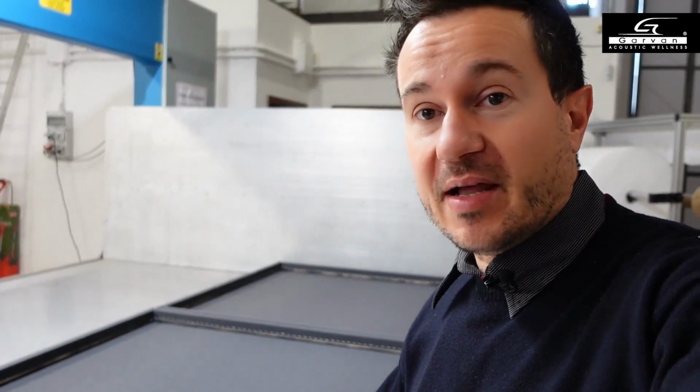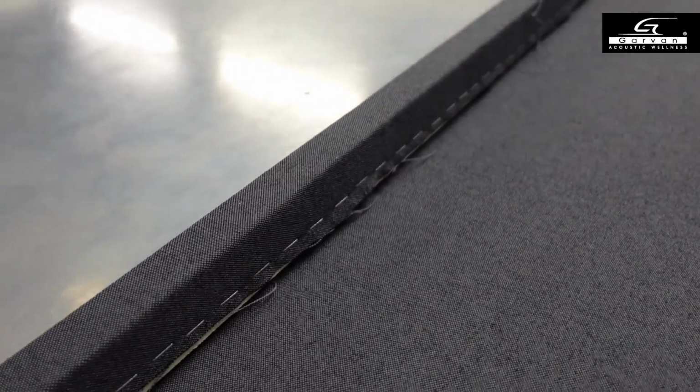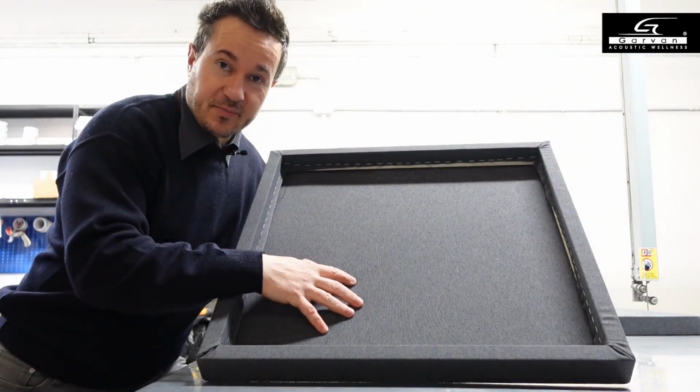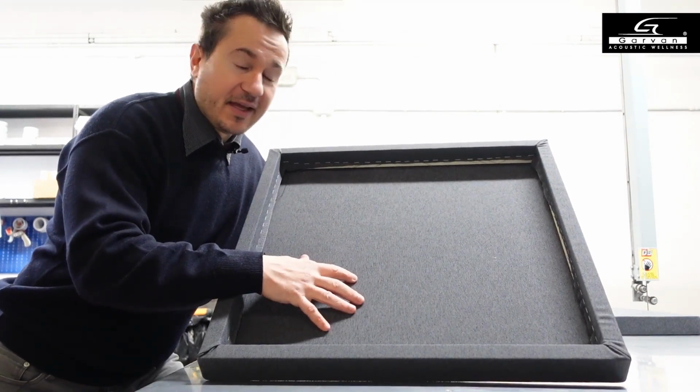We are in the assembly phase. The sound-absorbing material has been mounted inside the panel frame. Now I will show you some details of how these Garvan Atelier panels are constructed. Going into detail, I want to show you the texture of this fabric as well, the seam and the stitches that are carefully and precisely made at the corner areas. Here inside, the sound-absorbing material is assembled, which in our case is fiber, made of polyester and obtained through the